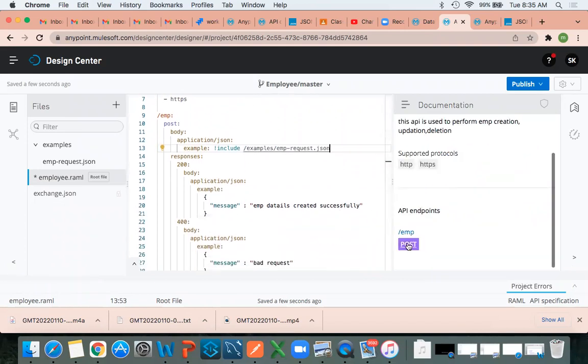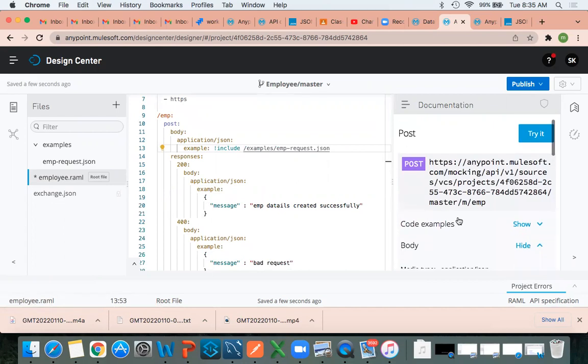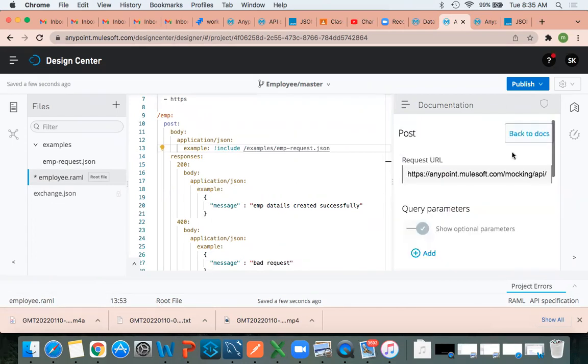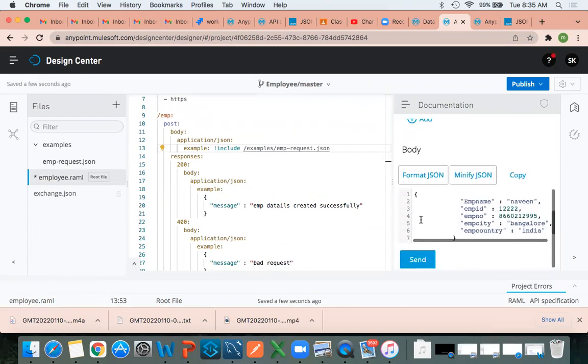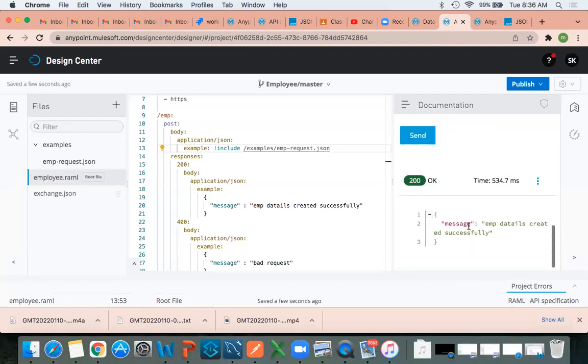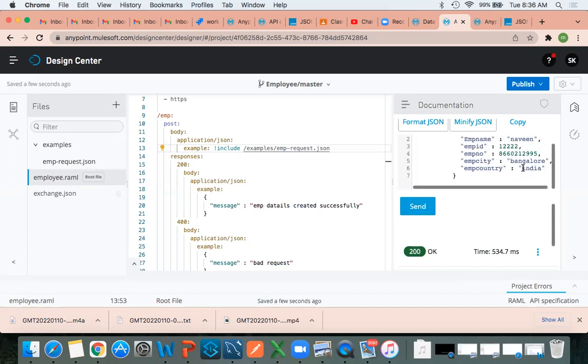Now if you test, try it. See, earlier we passed nothing. Now I am passing something. Okay, now I am getting the output. Even if you pass something wrong, you will get the output. Why? Because this is mocking, right? Mocking means temporary.